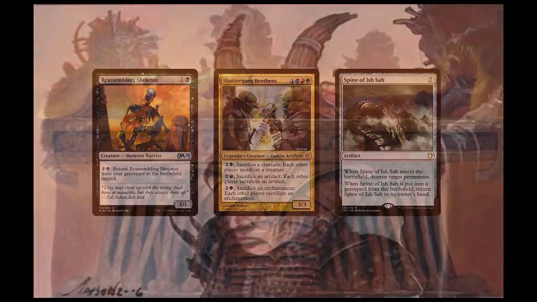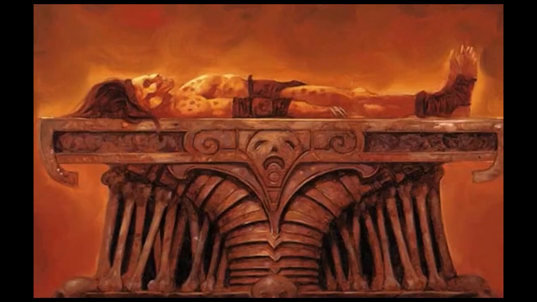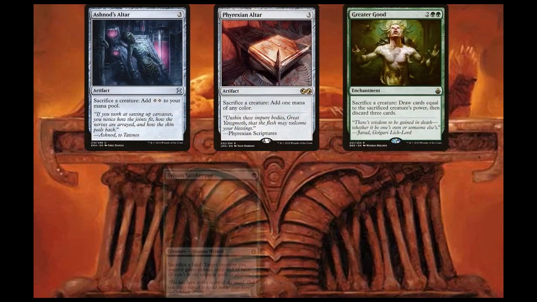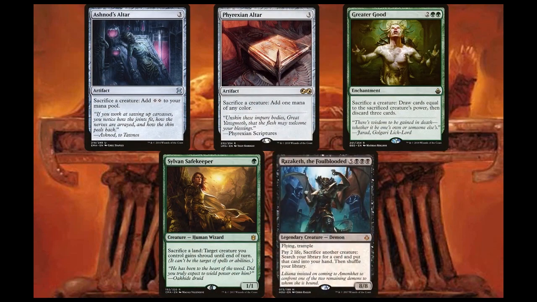Even though Korvold's first ability can be used as a situational sacrifice outlet for any permanent besides itself, it's not efficient as a sacrifice ability per se. So, in order to sacrifice things at instant speed to draw through your deck and give Korvold +1/+1 counters, several free sacrifice outlets are included in the deck, like Ashnod's Altar, Phyrexian Altar, Greater Good, Sylvan Safekeeper, and Razaketh the